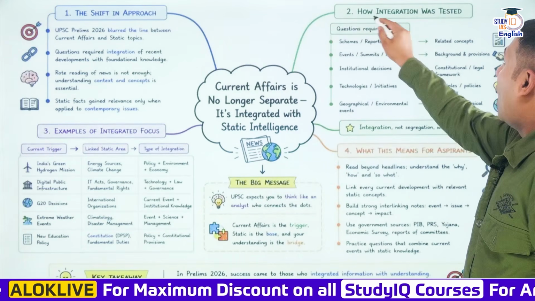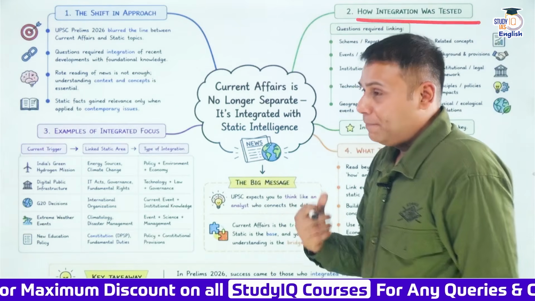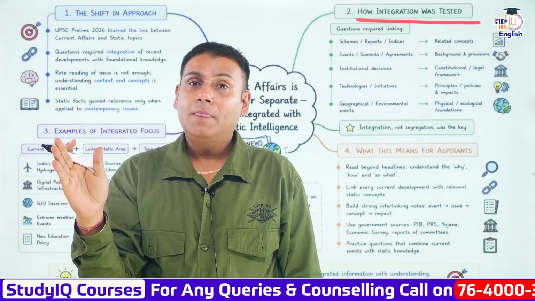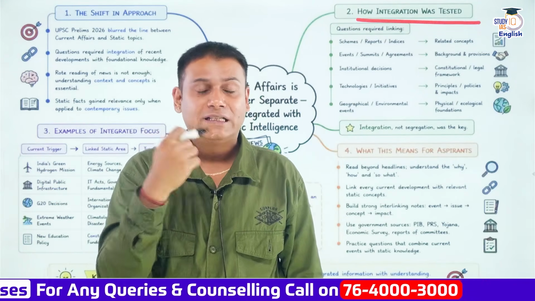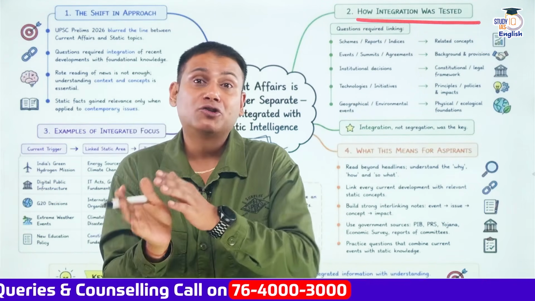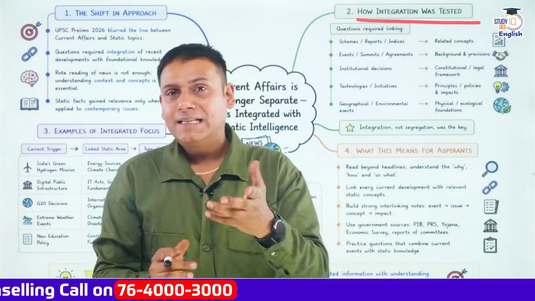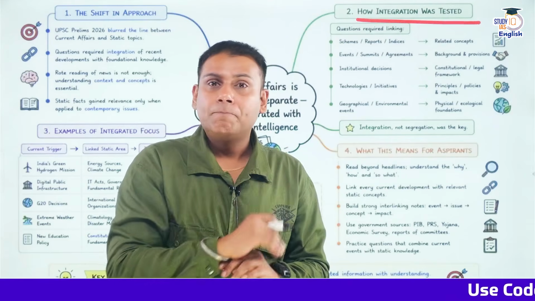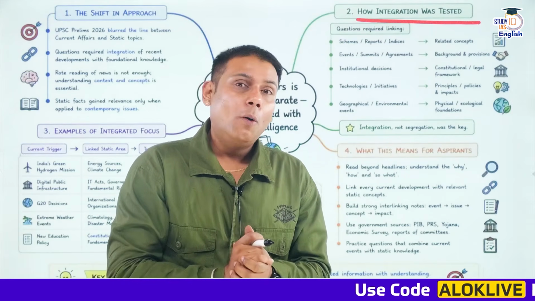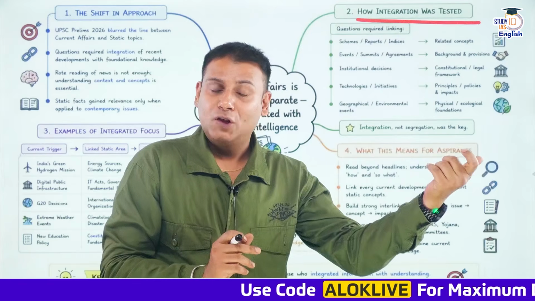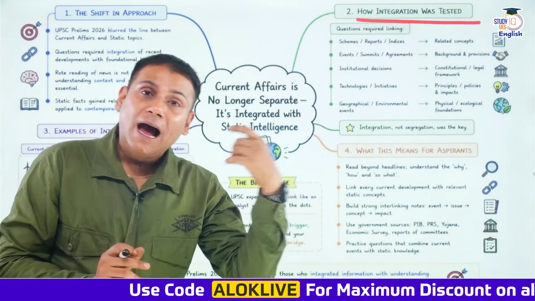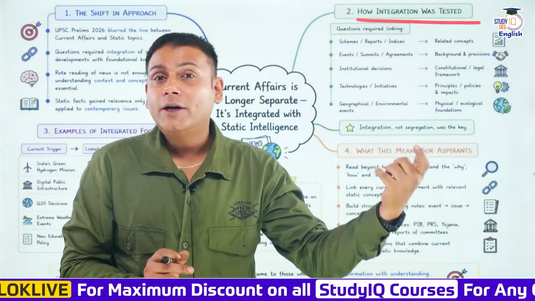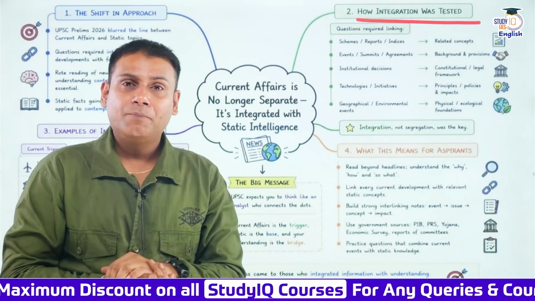Now, how was integration tested this year? For example, current affairs, we treat it as a different part. But UPSC through its paper has shown this year that you have to correlate the current affairs to your static portion. For example, there was a question precisely related to art and culture, Moidam. Okay, so these are the burial mounds. Now, Moidam were in the news last year. So precisely there was a question on this. Since it was in the news, it is a part of current affairs, and it was correlated to art and culture of history.